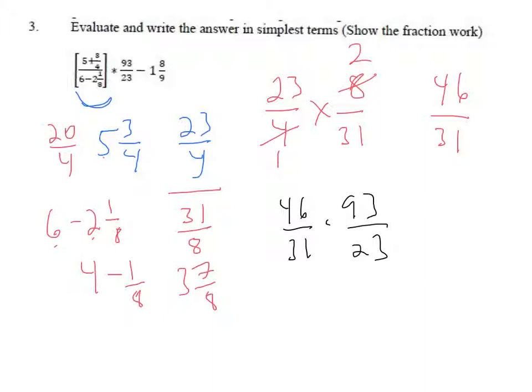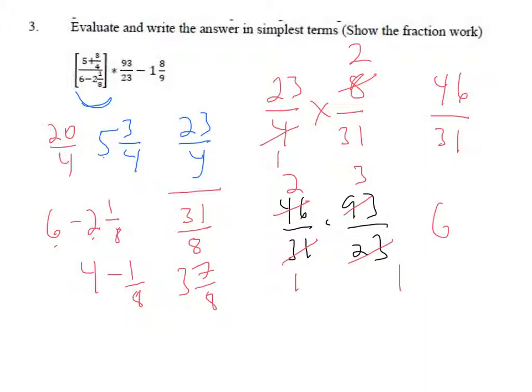That's just too much work. So I see that 31 goes into 93 3 times. I see that 23 goes into 46 twice. And those leave a 1 and a 1. So we're just going to multiply across the top. 2 times 3 is 6